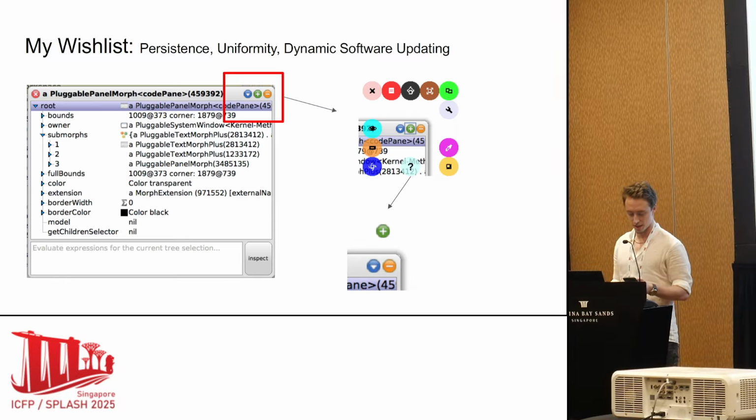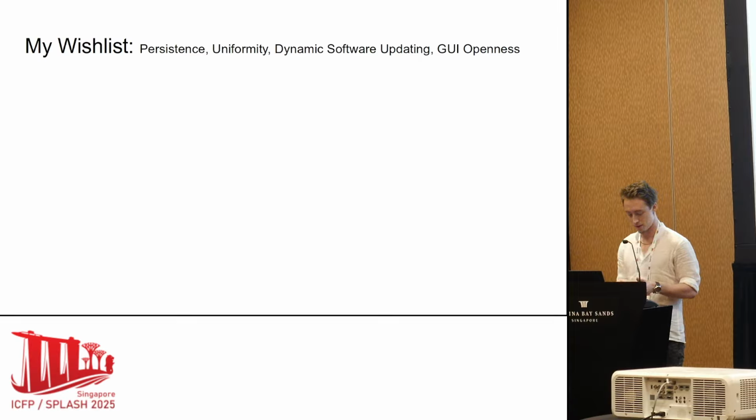And finally, GUIs in Smalltalk are completely different to GUIs anywhere else. GUIs are made of parts, and those parts are just objects like everything else. This means that windows and graphical applications inside Smalltalk can compose with each other and collaborate in a way that seems to be very difficult in generalized Unix. There, GUI components are binary blocks in some unknown format, at some random address in the heap of a process. And this address, of course, is going to be different every time the application is restarted. And it can't even be accessed from other applications without special debug APIs, because applications live in different processes and process memory is private. So GUI openness is the fourth item on my wish list.